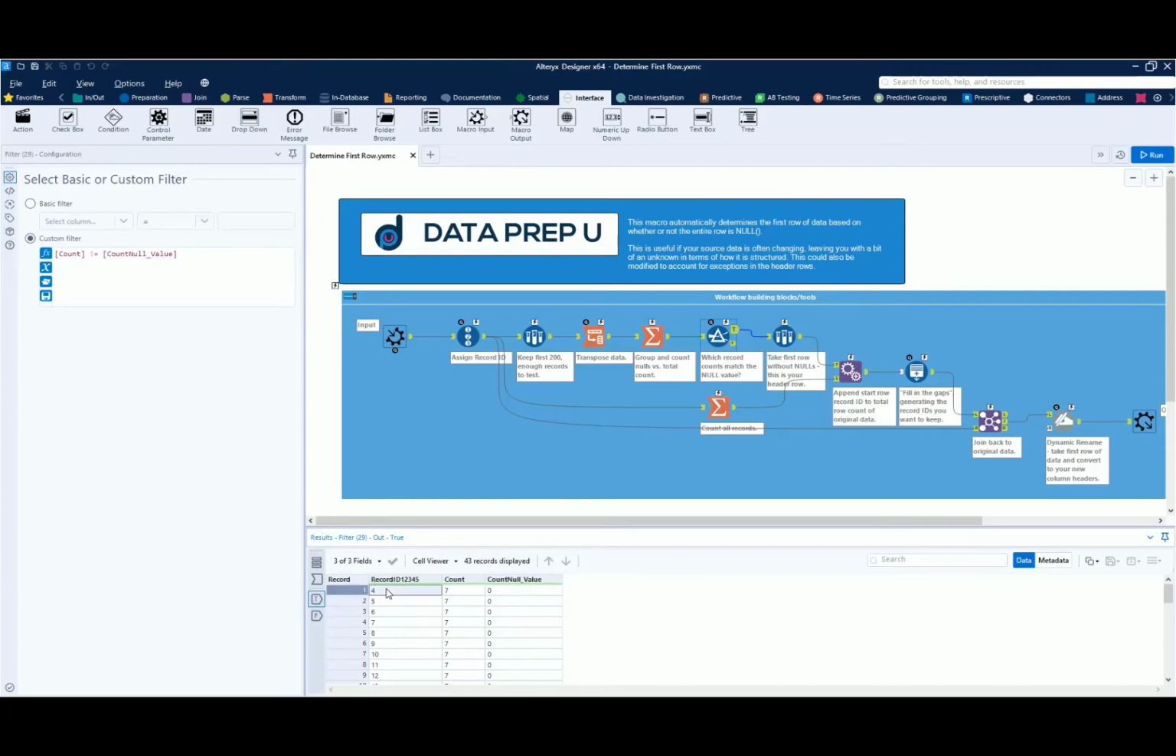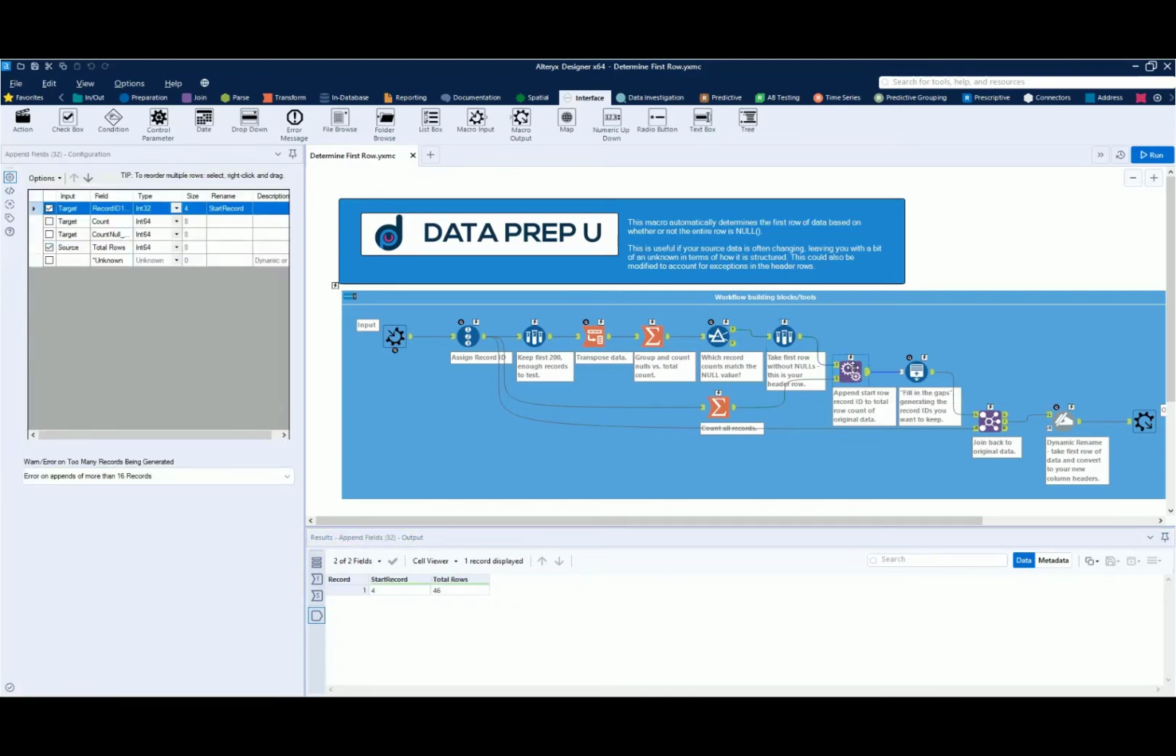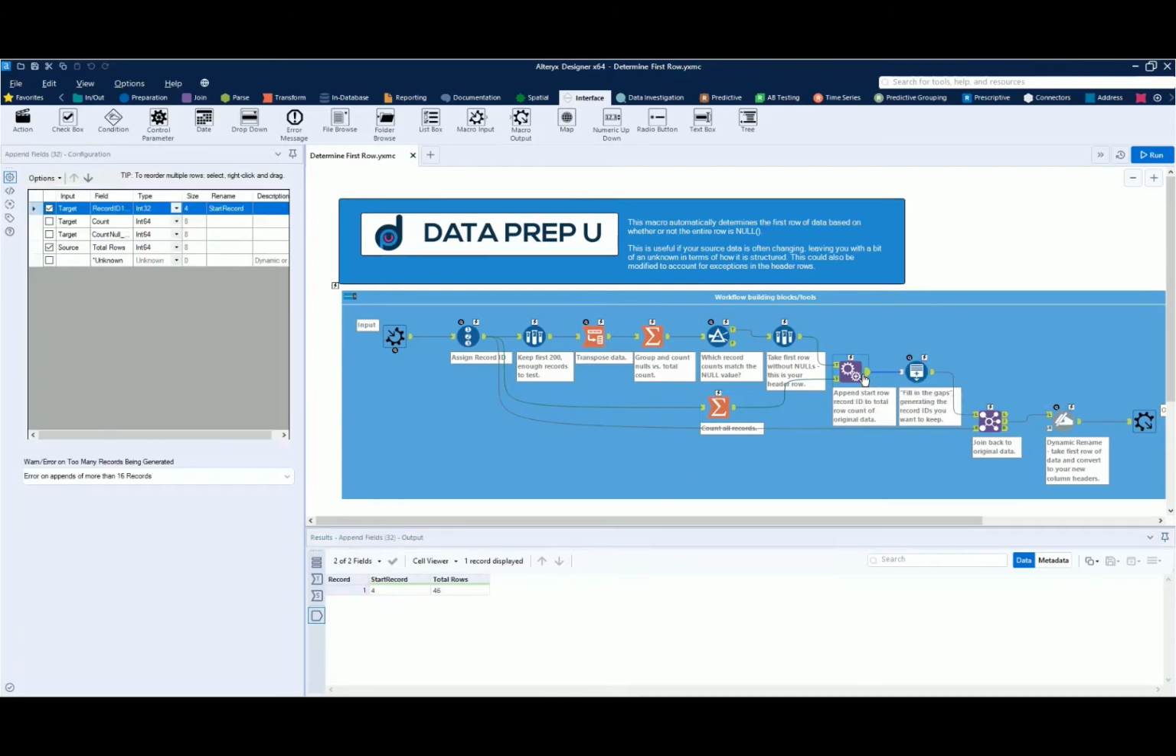So we now have that record ID telling us exactly which row contains those header values. So I used a little sample tool here just to say, all right, let's just take the very first row out of this, being that record ID number 4 in our case, and then I used an append fields tool to append that to our overall total number of rows. Now, you might think, well, why are you actually doing this? Well, it gives me that very first start record and then the total number of original rows that we actually